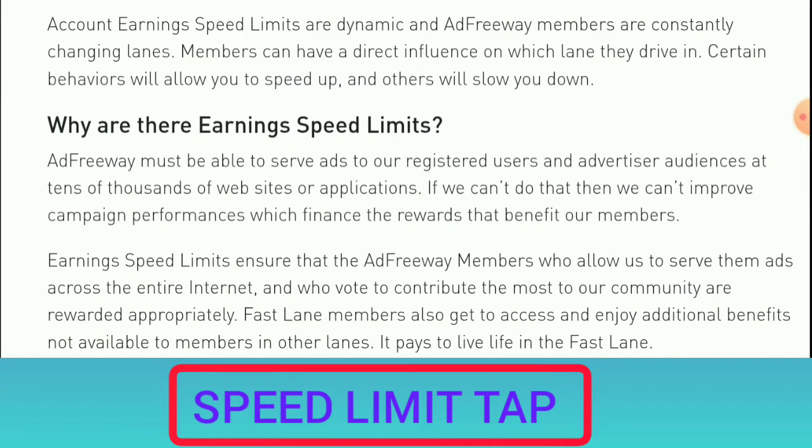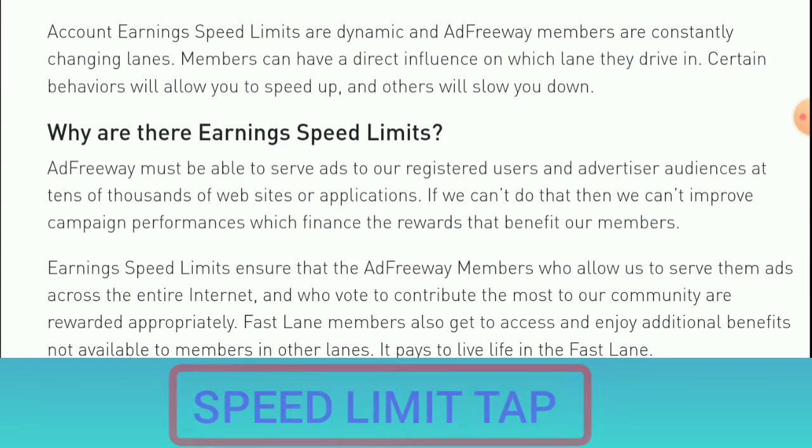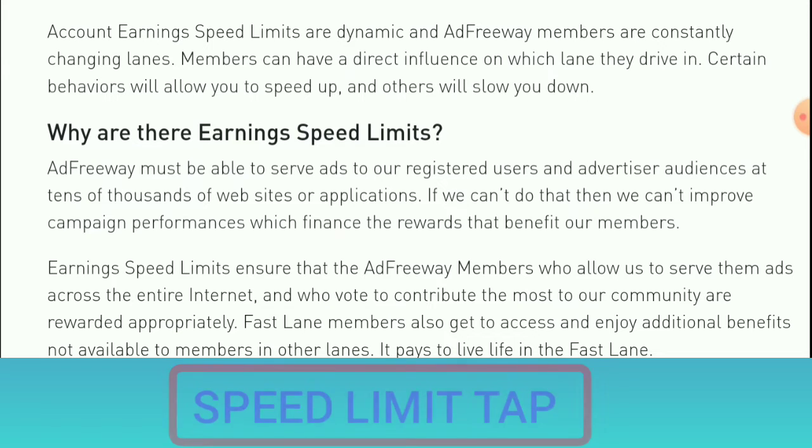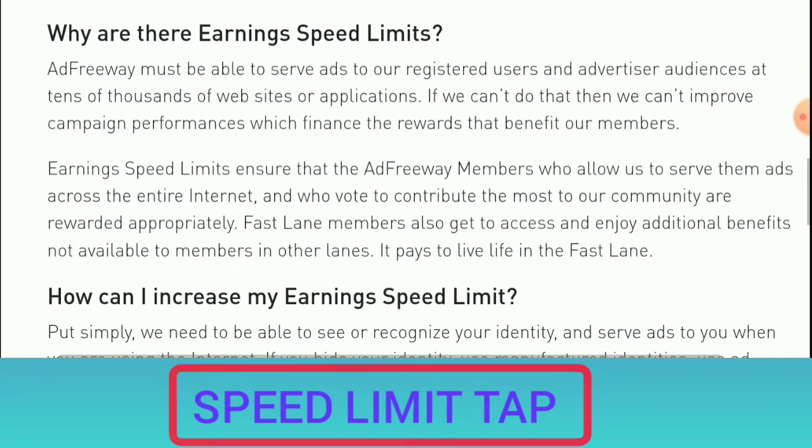So the way I see it, these speed limits are guiding you, or maybe they are there to actually control you, if I may put it that way. As we know, when you are driving on the road, speed limits are trying to control your speed. So also here, it is up to you how you take your speeds. In other words, your behaviors on the website are going to determine your speed. Let's read on, and maybe you will understand more the more we read.